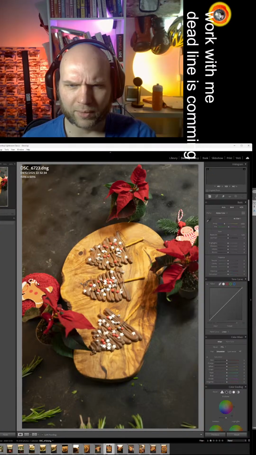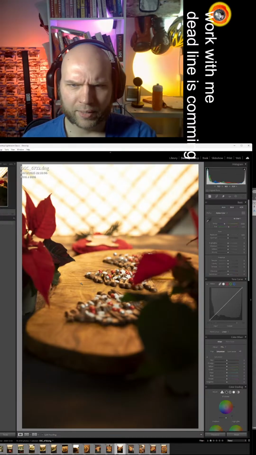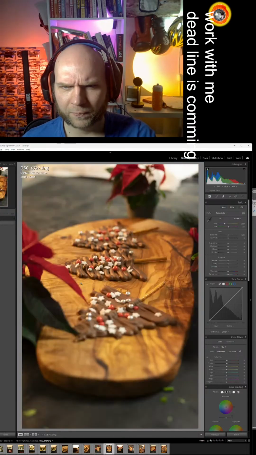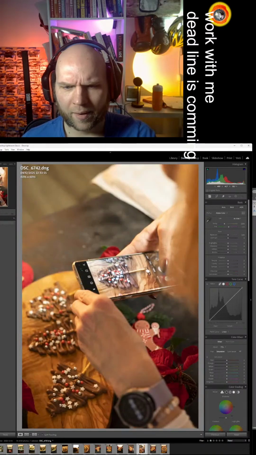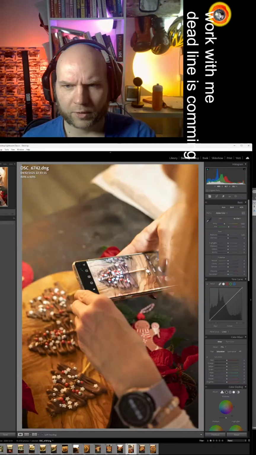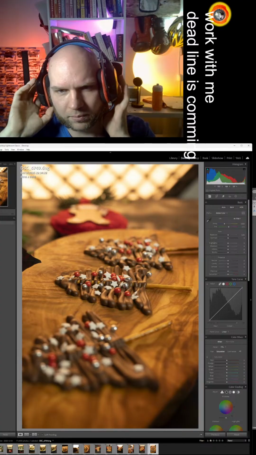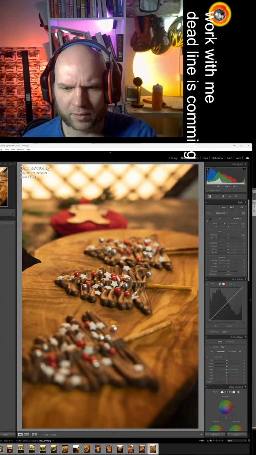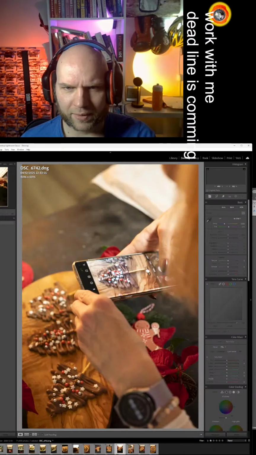Different color, and our chocolate trees. 1, 2, 3. This one not. This one close up is also good. Then we reduce our photos from 23 to 17, but still the number is too big.